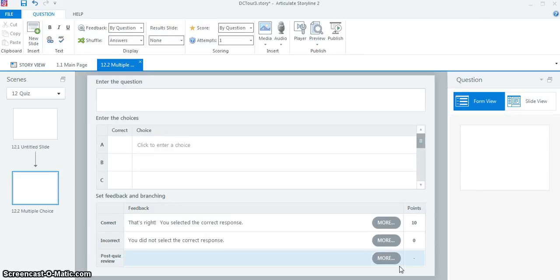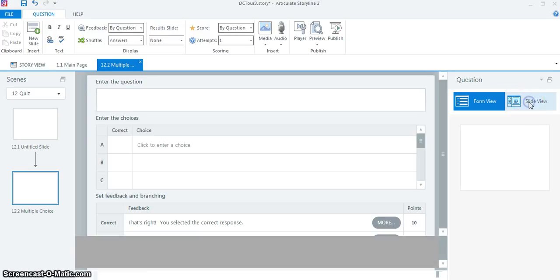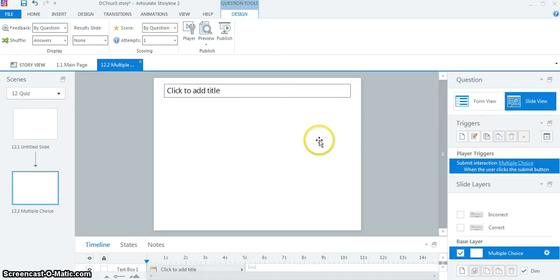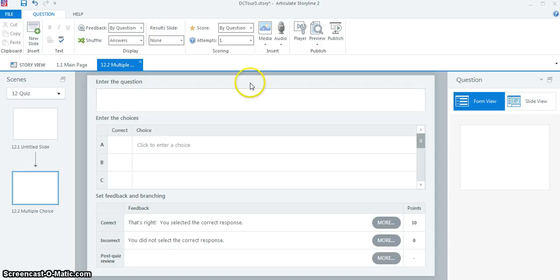And as you can see, the main slide is now in the form view, and that's where you can enter your question and your answer choices. And when you're done with your question, you can go back to slide view, and that'll show you how it will look in your slide. So go back to form view, type in your question,